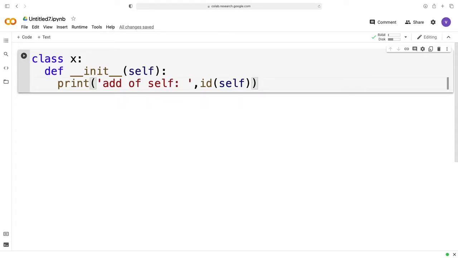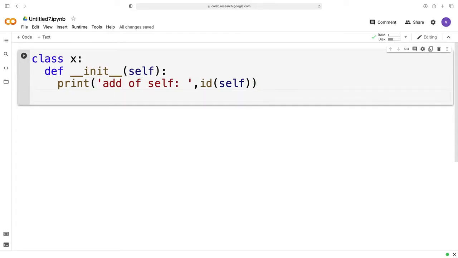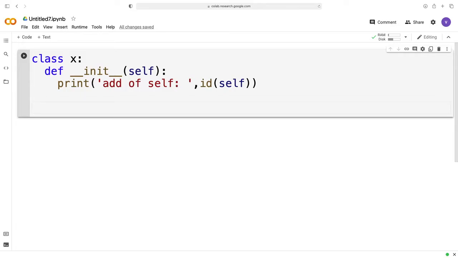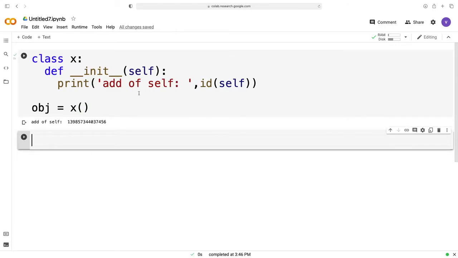Okay. So the first thing I'm gonna do is create an object of this class. I'm gonna call it obj and is equal to X. Let's run this code and let's see what happens.